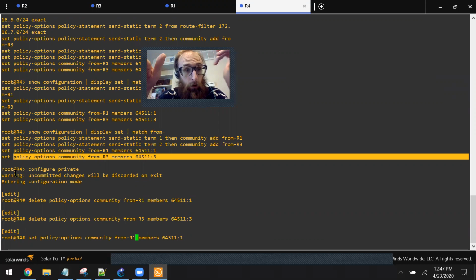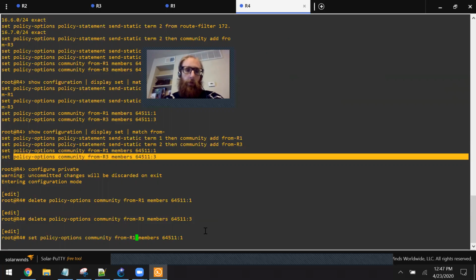Okay, so let's think of a better name, because yes, if we think of it as though we're the routing table on router 2, it's going to come from router 1. And that's because router 1 will set the local preference to 200 for any routes with this community path attribute. But if we think of it more from the perspective of router 4, where we don't know necessarily what's going to happen down the line,